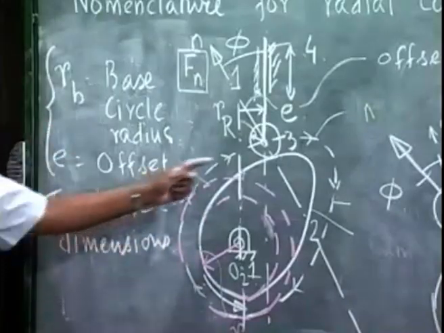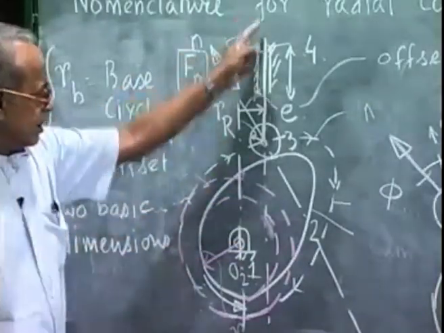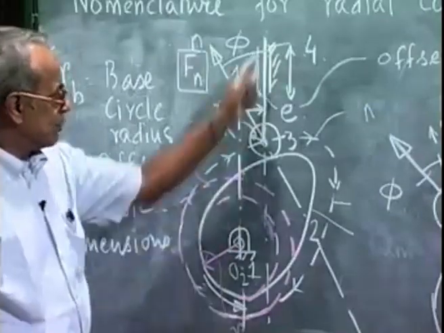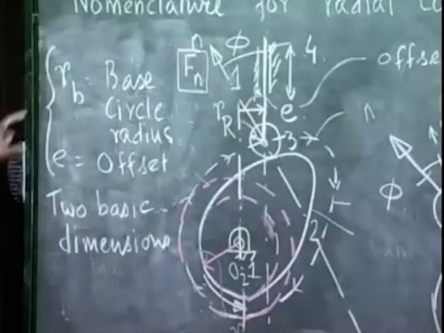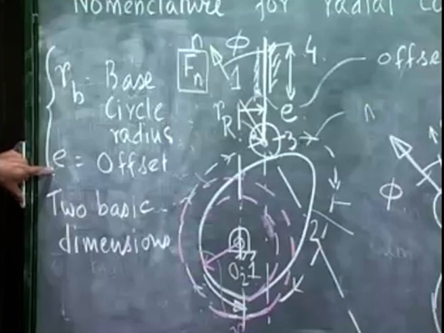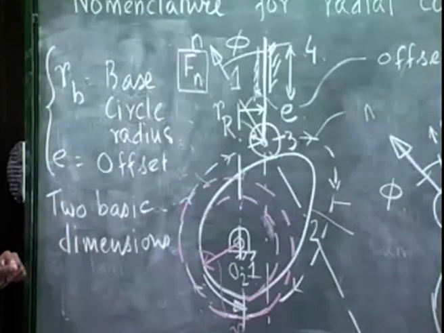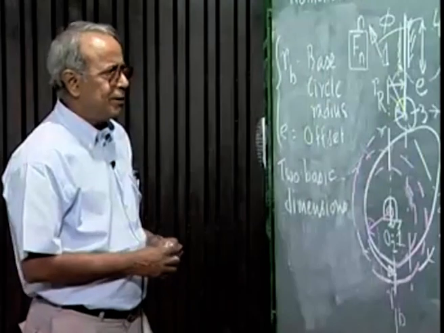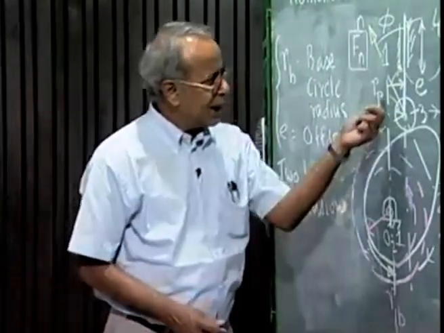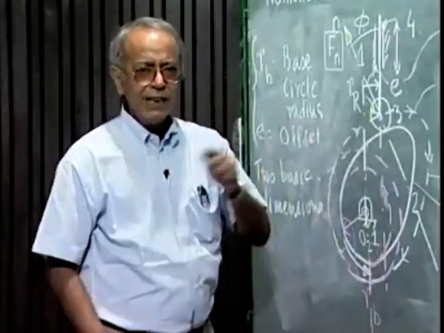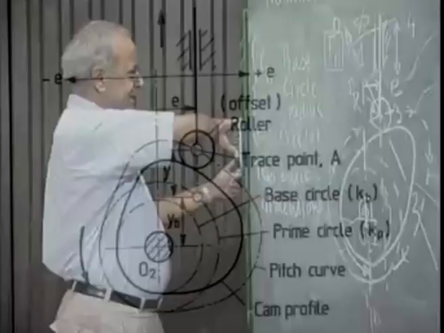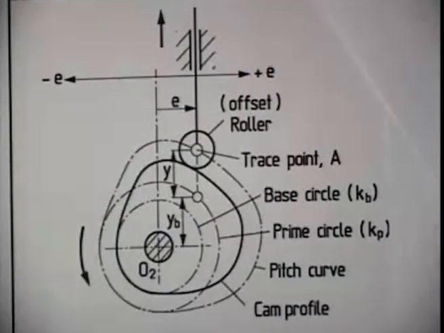Rb defines the cam size, and E gives the relative position between the follower and the camshaft. These are the two basic dimensions which we have to first determine before we can go for designing the cam. At this stage, let me discuss a little bit what is the effect of this offset in the flat face follower case. Before getting into the flat face follower case, let me recapitulate whatever we have discussed so far with